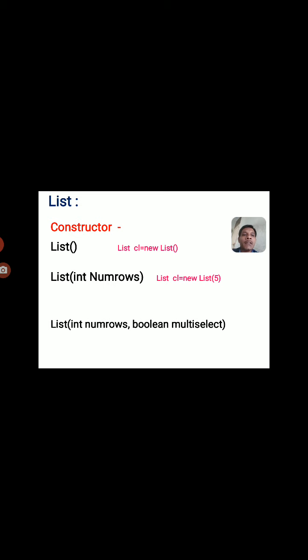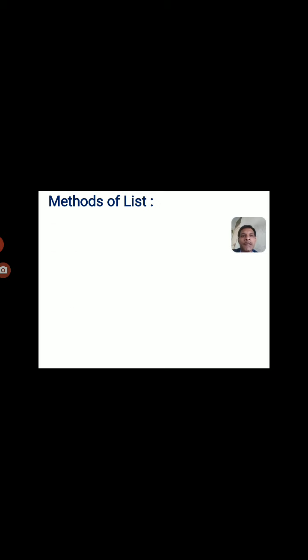If we pass this multi-select property as true, then the user is allowed to select more than one option or more than one atom from the list. So by using this constructor, how to create the object of this list? List cl is equal to new List, in brackets, 5, which is how many elements are present, and true. It means that the user is allowed to select more than one option from the list control.